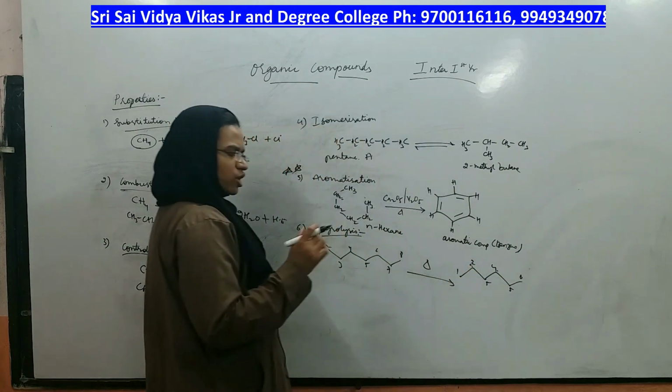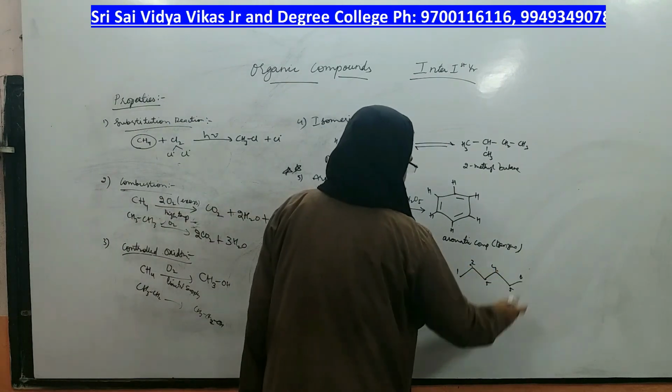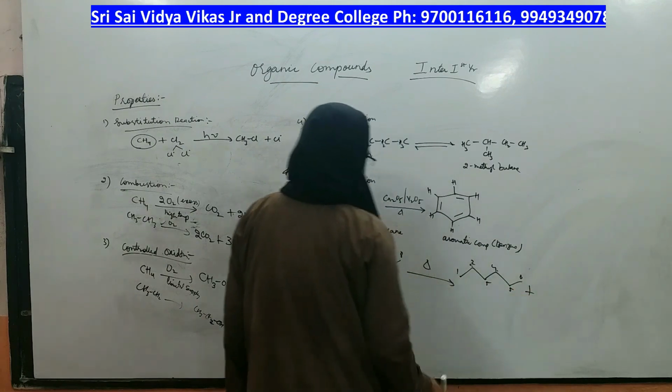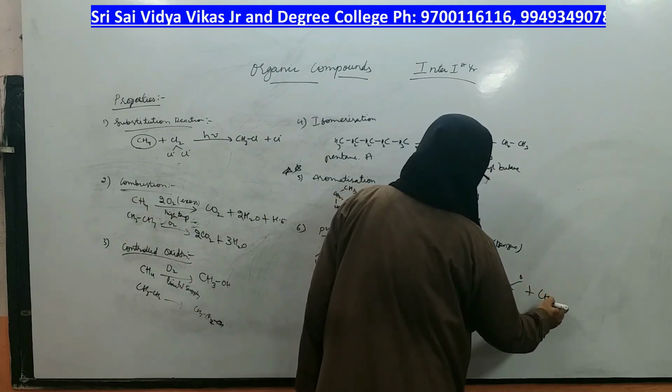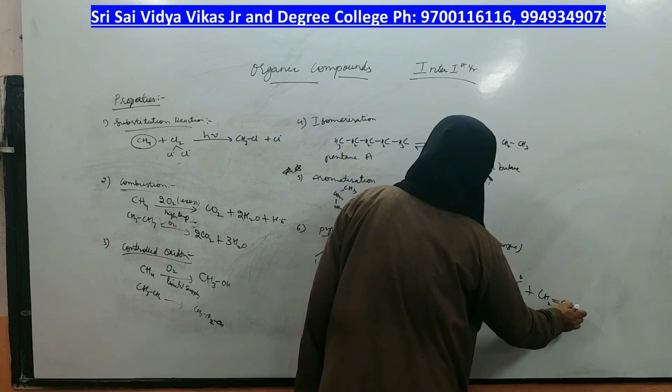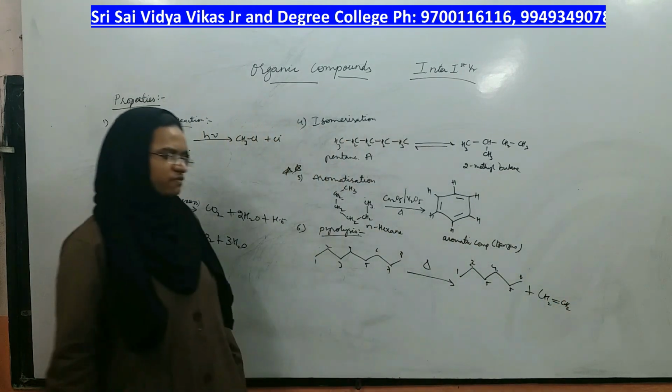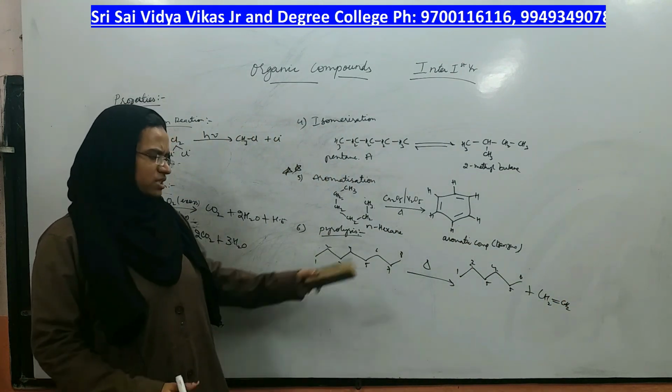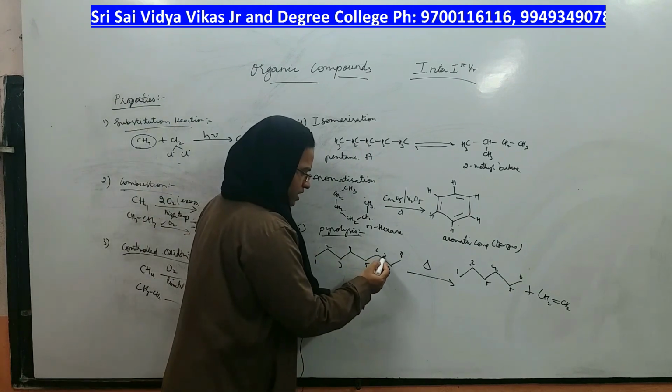You will get smaller fragment alkanes. 6 carbons are over here. What is next? 2 more carbons are there. 2 more carbons will be giving you a small molecule of unsaturation, which is ethylene, plus the remaining, because at this